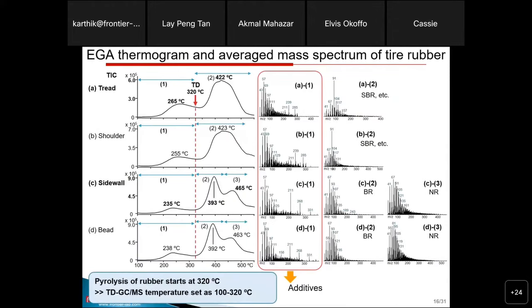This data is actually the evolved gas analysis thermogram, and the average mass spectrum. So this is what I was previously telling. If you look at,